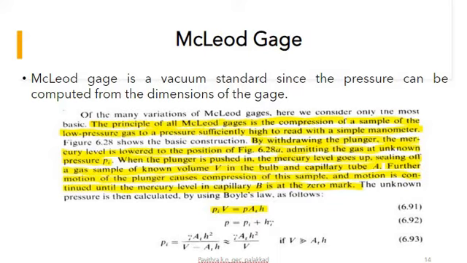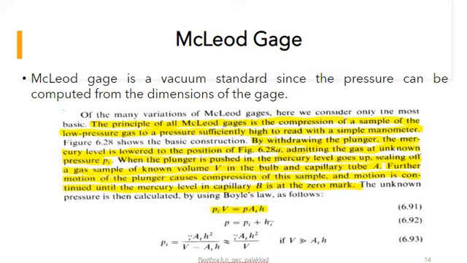So the next lowest pressure or vacuum measurement is the Knudsen gauge. This is the figure of this Knudsen gauge. The Knudsen gauge is relatively insensitive to gas composition. Therefore, it can overcome the disadvantage of the McLeod gauge, because it can be developed as a standard for calibration of very low pressures, which cannot be done with the McLeod gauge. Okay, so in this figure you can see the construction of this Knudsen gauge.